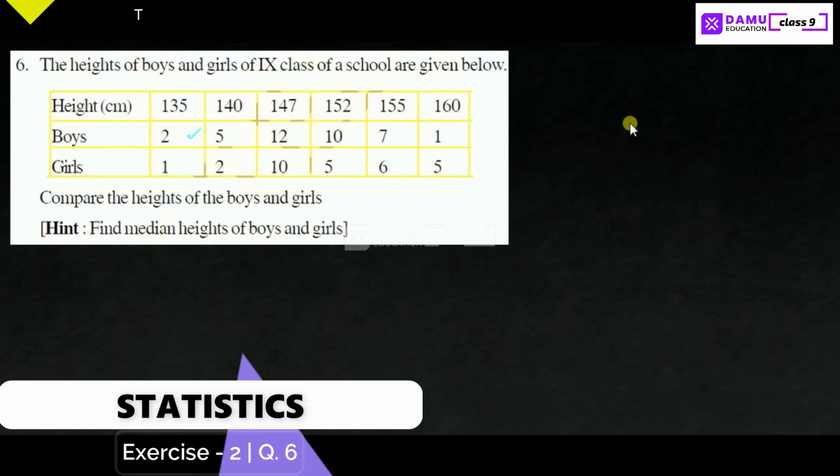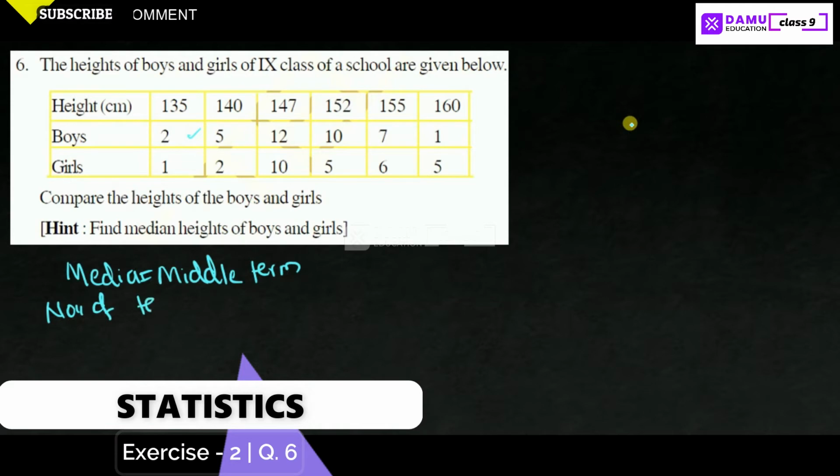Compare the heights of boys and girls and find the median heights of boys and girls. So we have to find the median of the boys and girls. Before going to find the median, what is the median term? Median is the middle term after writing in ascending or descending order. Now, the number of terms